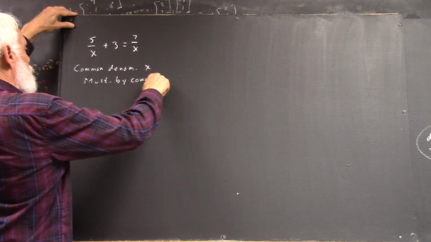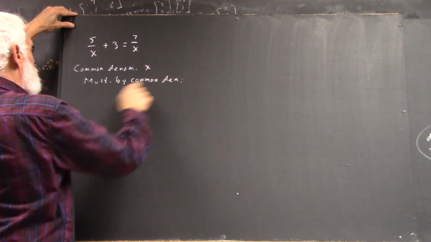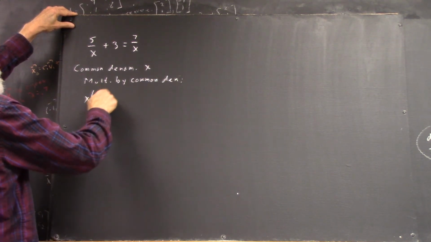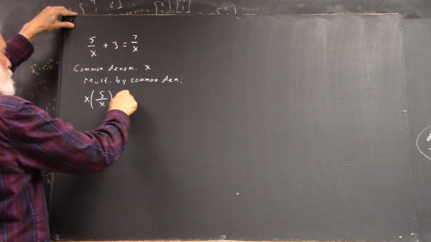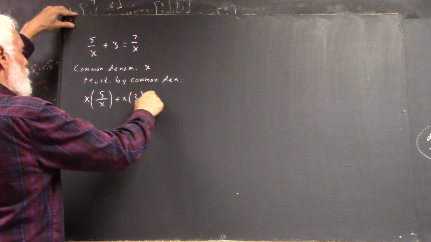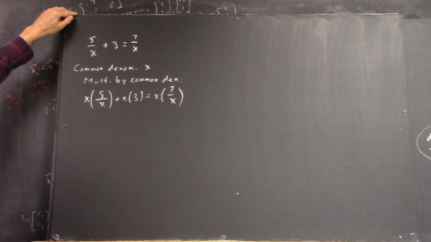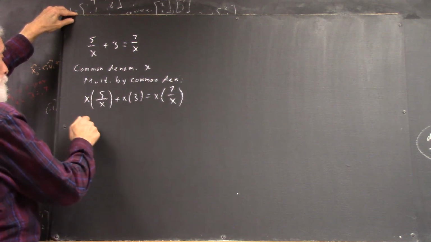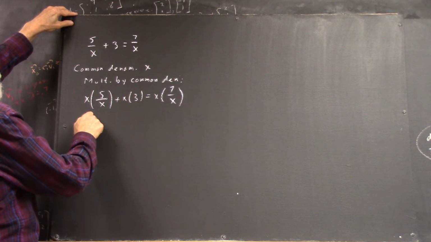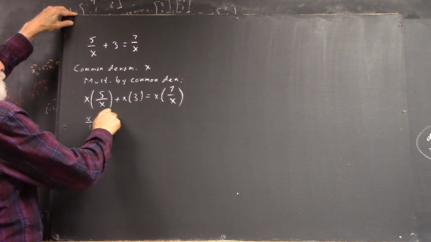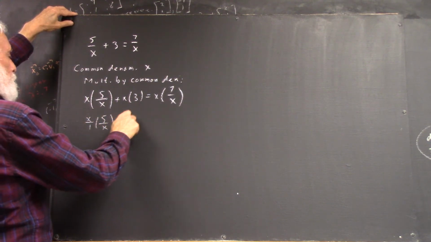So we multiply by the common denominator. Okay? And this is going to then be, well, it's like x over 1 times 5 over x plus, well,